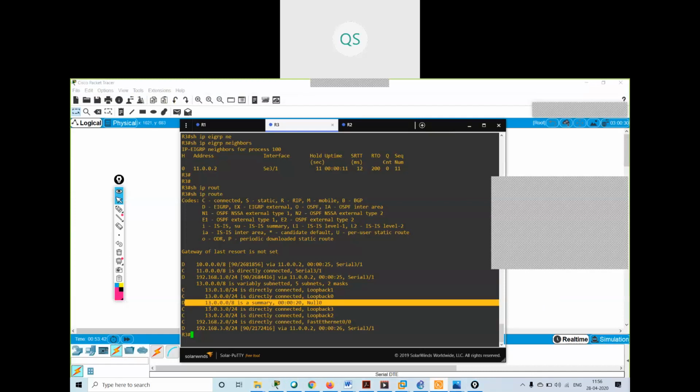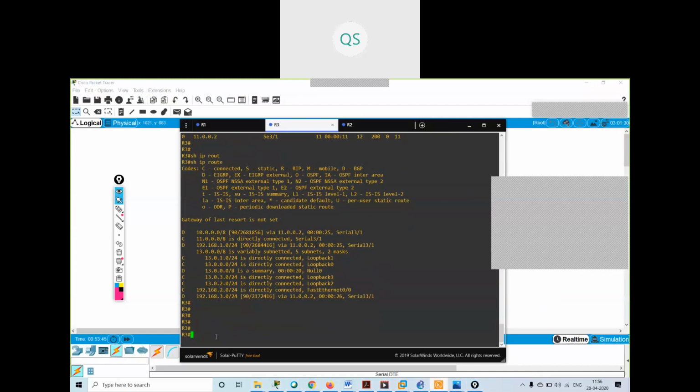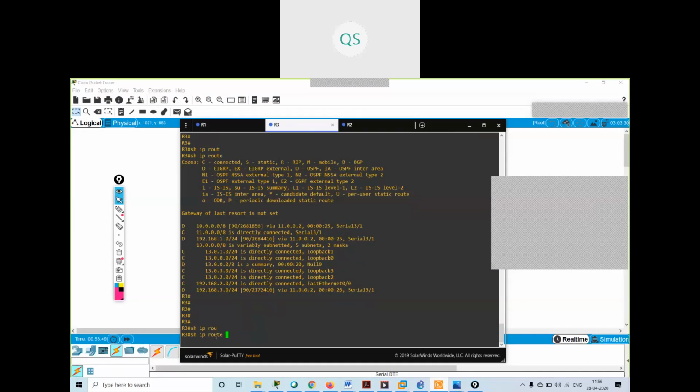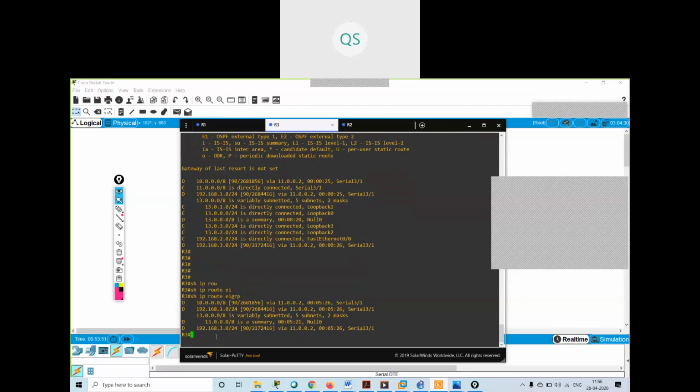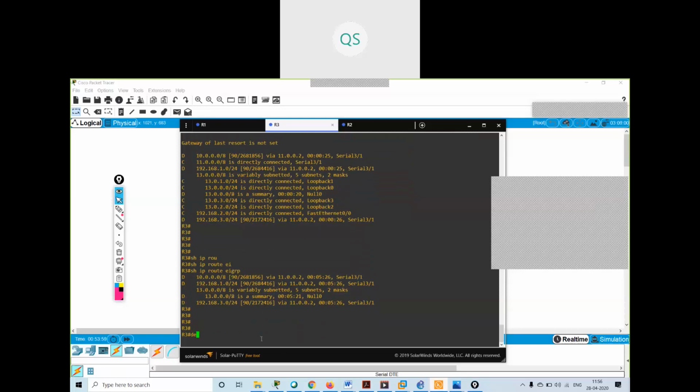If you have any doubt about any default route, use show IP route EIGRP. If you want to see specific routes, you can see them with this. See, the summary address is sent to null zero. You can debug the command.